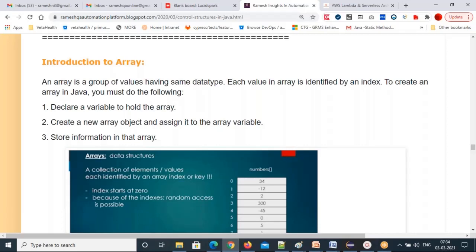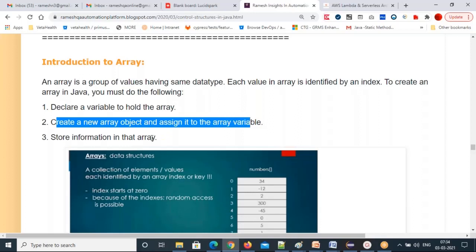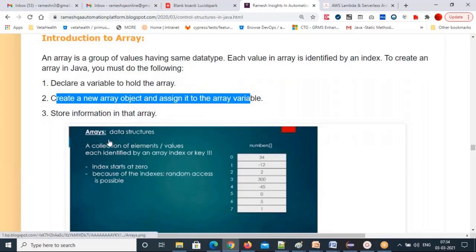It is easy to access array elements because an array works based on the index. Now array declaration, we'll see. Declare a variable to hold the array object, create a new array object and assign it to the array variable, and store information in that array. Array is one of the data structures, a static data structure.